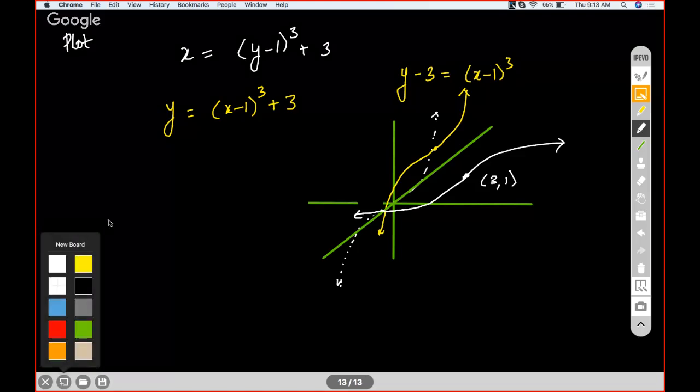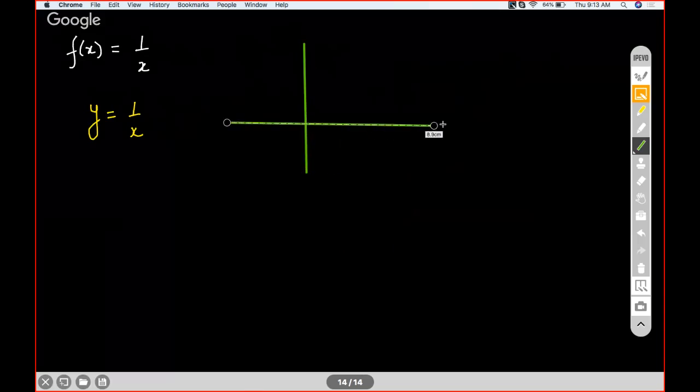Now, next thing that we're going to discuss is functions which are of the nature 1 by x, 1 by x square, 1 by x cube, like that. Okay. So let's say if I ask you to plot the graph of y is equal to 1 by x. Initially, if somebody doesn't know the graph, he will choose some points of x and then plot it. Now, if you choose a value of x which is a very, very small positive number, let's say x is